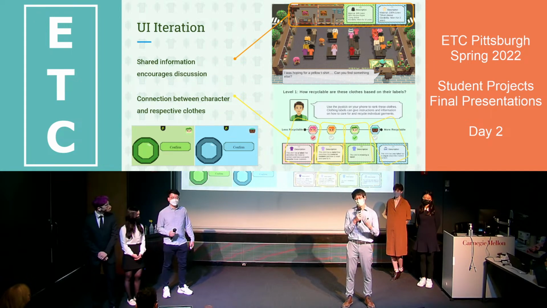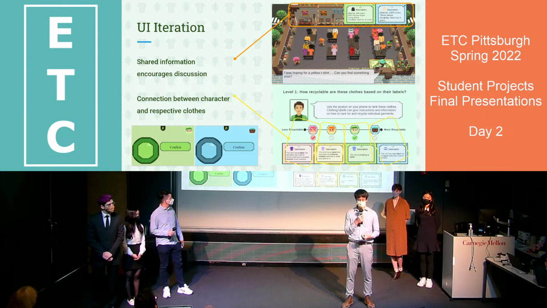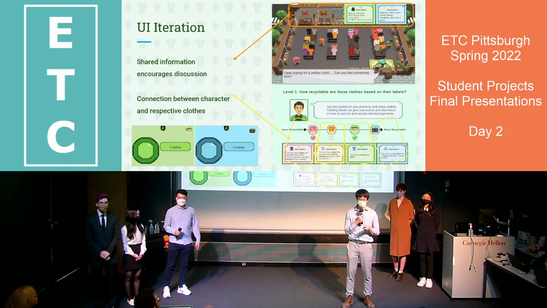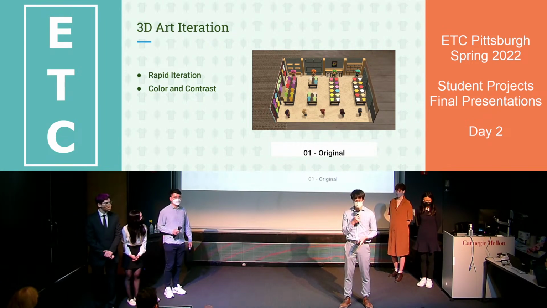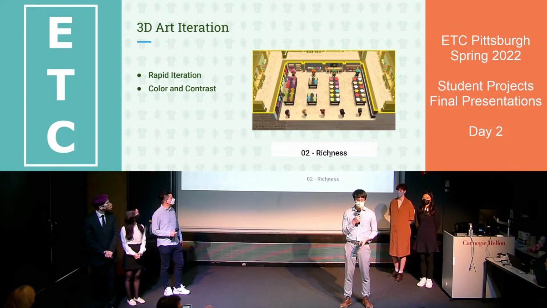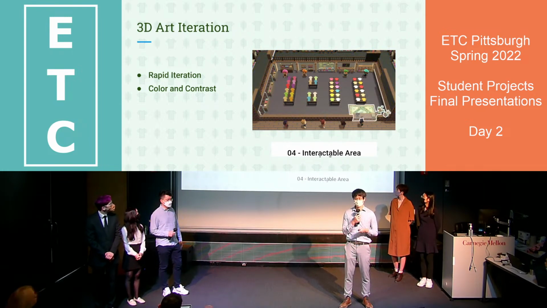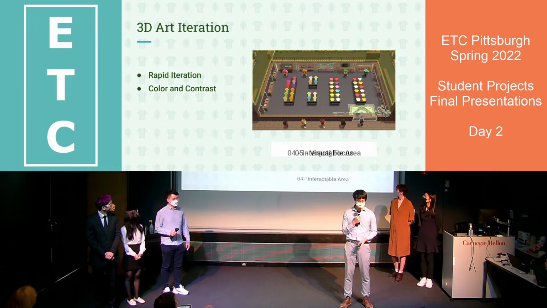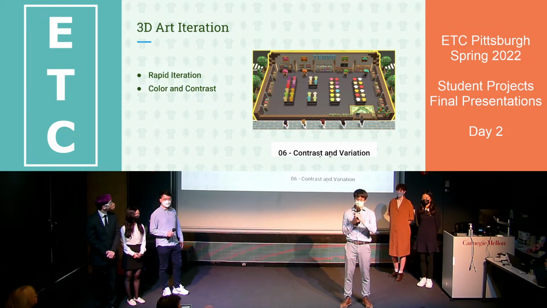We also try to have a tight connection between our characters and their closed information, so we assign a very specific color pattern to each of them. And for our 3D art, we use MagicaVoxel because it allows very fast iteration on our environment. We try to desaturate the surroundings and add different color palettes to our interactable assets and areas. At the end, we add some distinctive assets to the surroundings, without misleading players about where the playable area is.